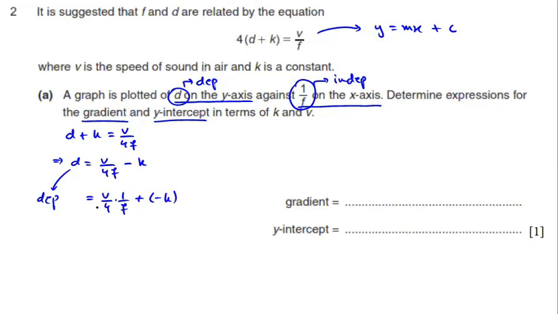Now students, v over 4 by which 1 over f is being multiplied gives us the expression for gradient, and the other term on the right hand side that adds to the term containing 1 over f gives us the expression for y-intercept. So v over 4 is the expression for gradient, and minus k is the expression for y-intercept. Students, note that you cannot write k as the expression for y-intercept here, because it is minus k that adds to the term containing 1 over f. So if you write k here, you will get 0 in this part. Okay,